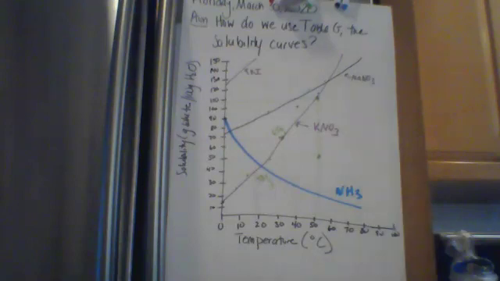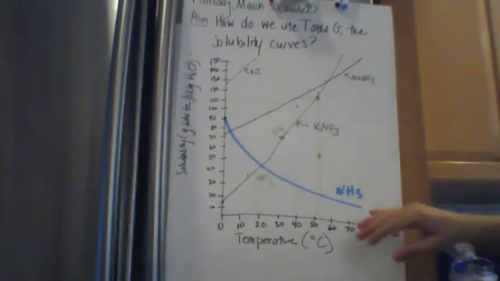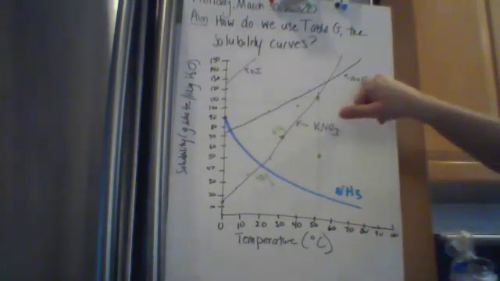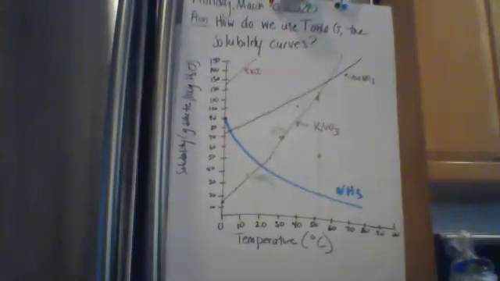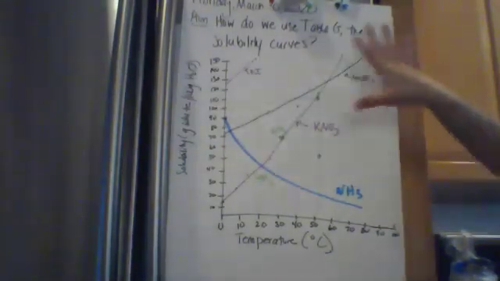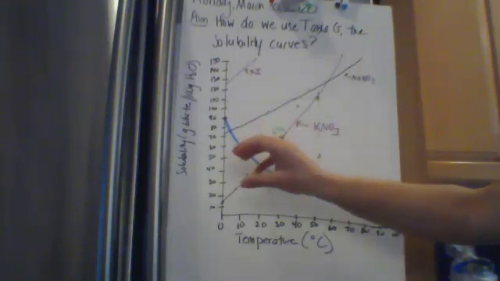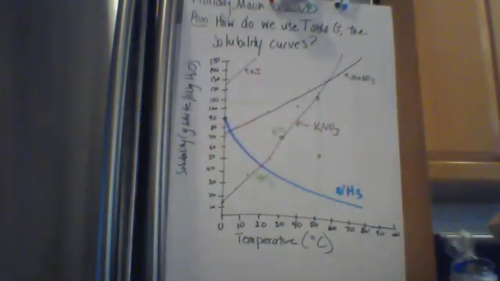So some of the questions on table G ask what's the maximum number of grams of, for example, NaNO3 that could be dissolved in 100 grams of water. And you would simply just use your table G. Now, if you have half the amount of water or only 50 grams of water, what you're going to do is look at what happens at 100 grams. So for example,